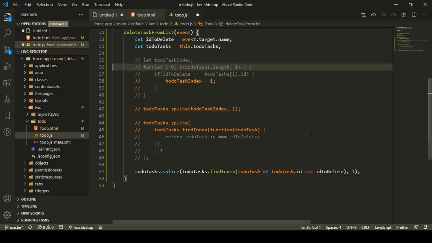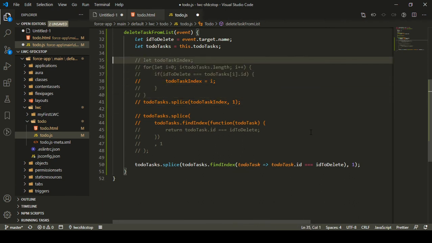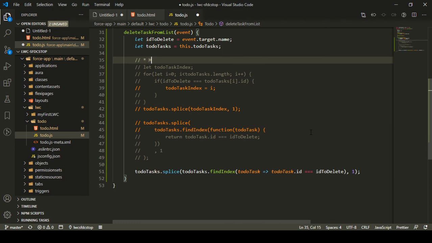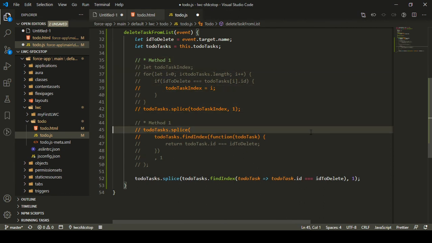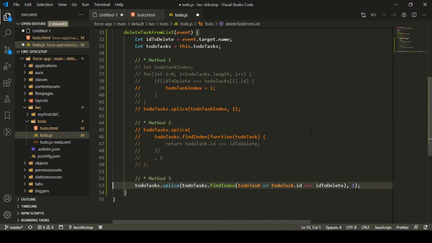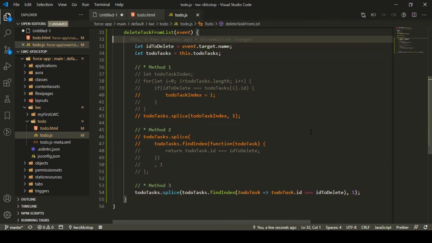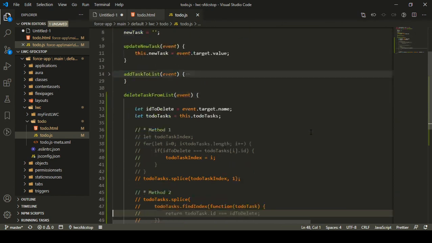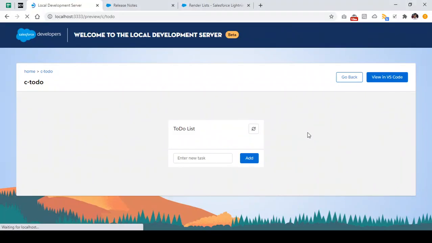So we got to know about three methods using which I can perform the similar operation. The first method was this. So this was method one, using which we got to know how it actually works. And after this we shortened this method a little bit by using the findIndex method. And finally we used the ES6 syntax to shorten it a little bit more by converting it into a one line method, and we are able to do the same task by using a one line method as well, right? So this is how we are able to delete the task from our to do task list, and I hope you are able to understand this.